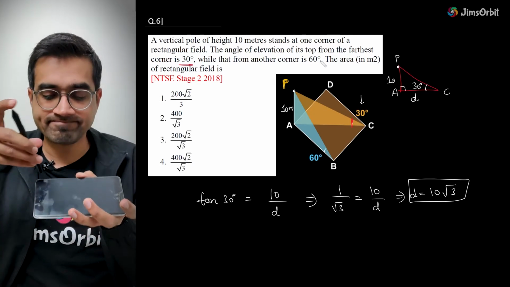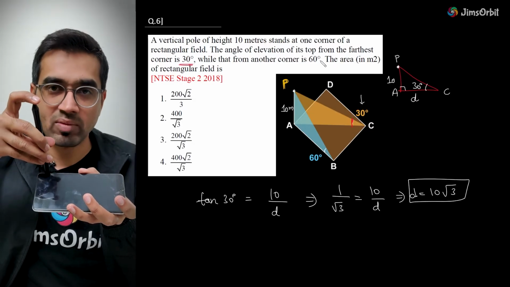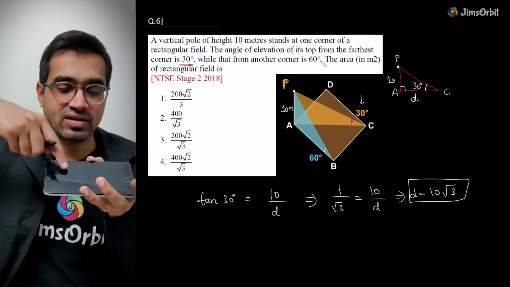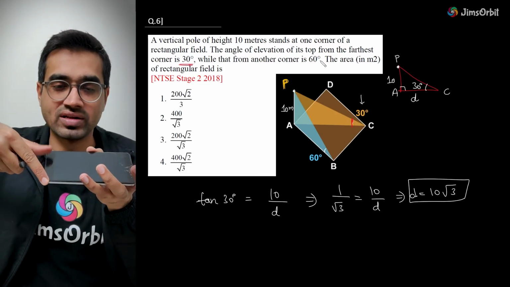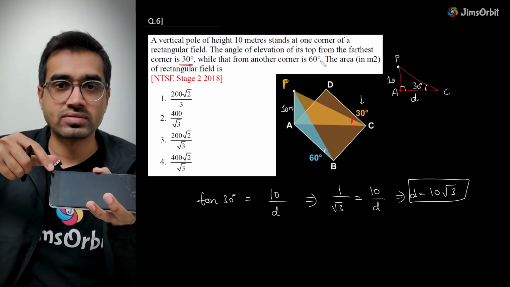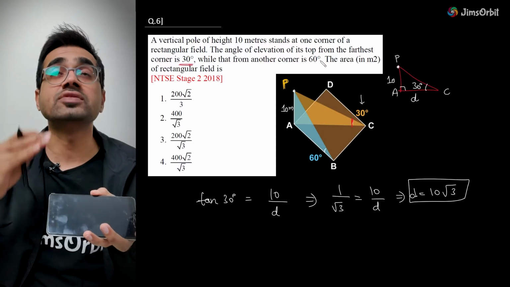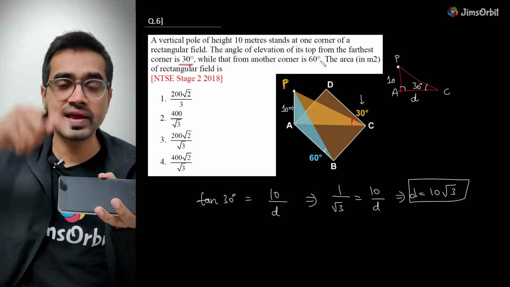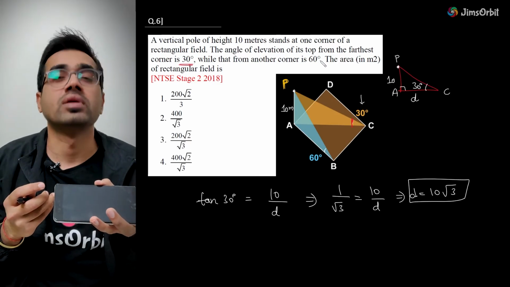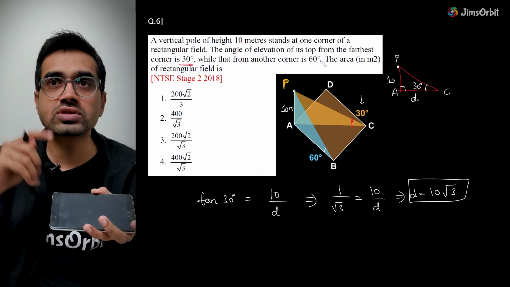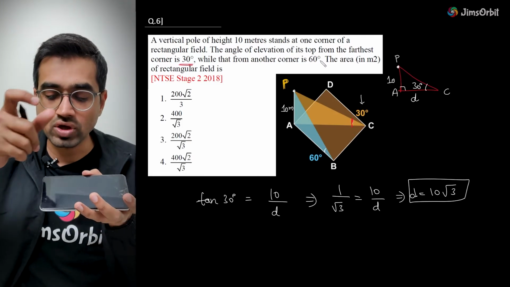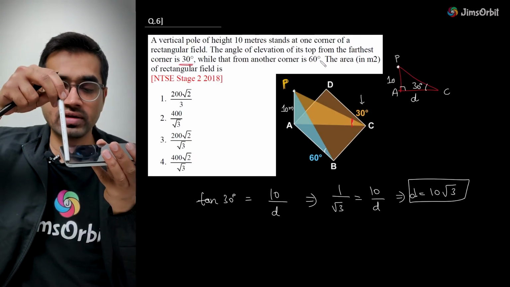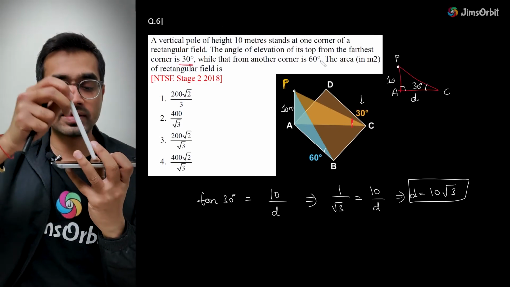So just think about it. This is very far, so 30 degree. So I think this should be the other corner, the smaller one. That's why you look up. Correct. If the height is very high and you're very close, then you look very far up. If the height is high and you're looking from far, you just look like this. Correct. So this is the point. Now this time you're looking from this side, and you're looking like this.